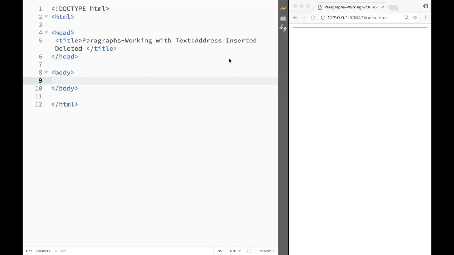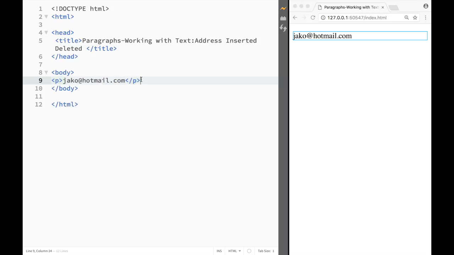What is going on, guys, and welcome to HTML tutorial in Brackets. In this video, we're going to talk about 3 more elements that actually help us to work with our text. So let's say at the bottom of the web page that I'm going to create, I would want to add my contact information, right? So I could add something like this over here, and then I would write, I don't know, jco@hotmail.com,